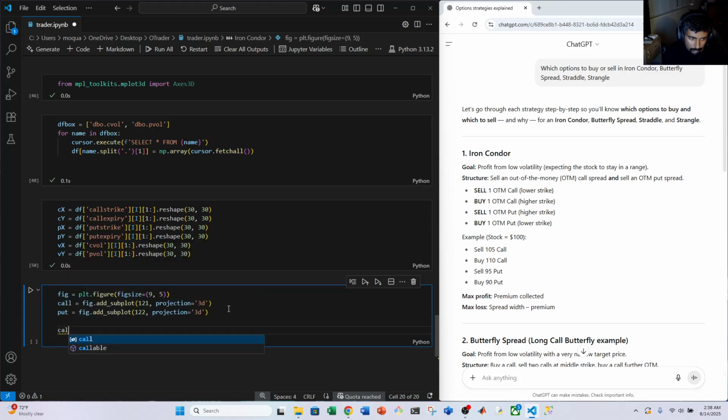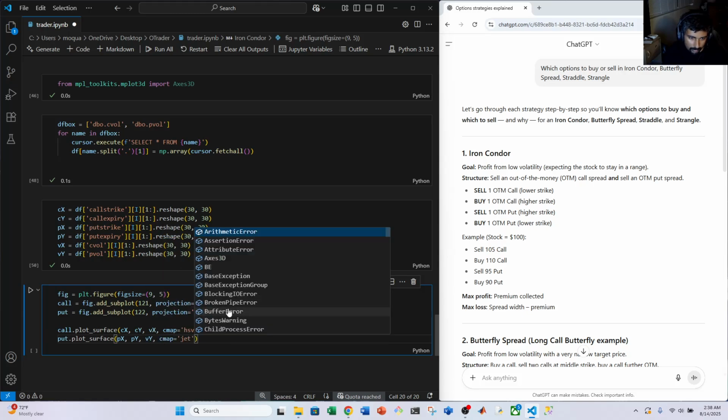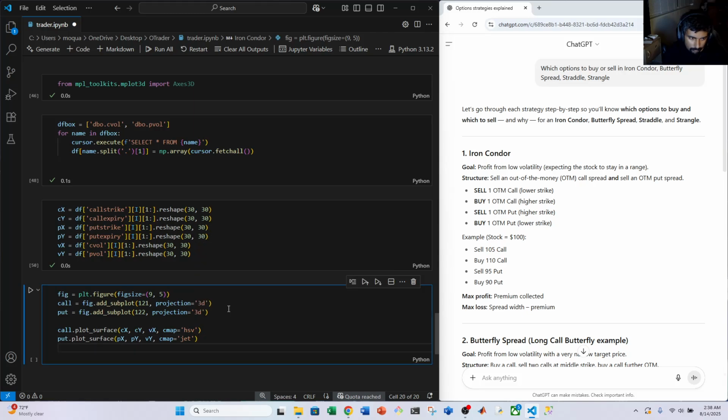And then call dot plot surface of CX, CY, VX, CMap equals HSV, and put dot plot surface of PX, PY, and VY, CMap equals jet,